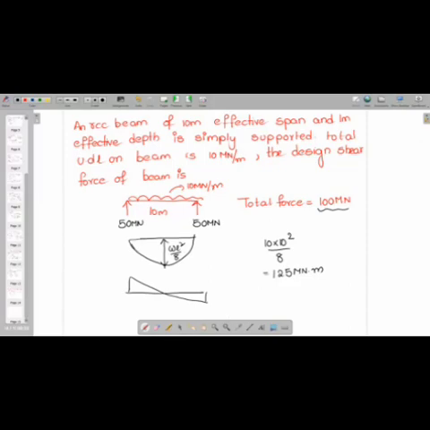Now he is asking what we have to design for. When I talk about what we have to design here, it is asking the design shear force. So what is the answer? Can anyone tell me? I'll give you another 1 minute. Students, please try this problem. These are the kind of problems you have to solve. If you solve these kinds of problems, this will be very easy.